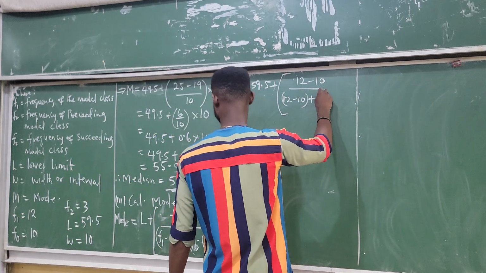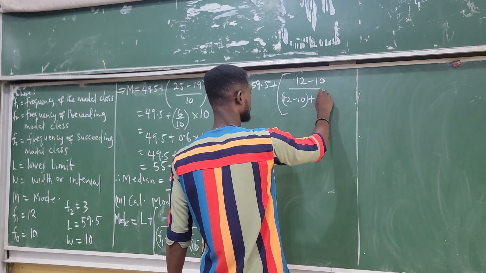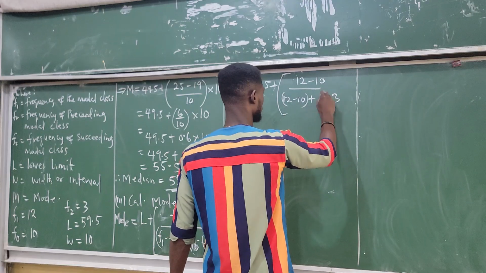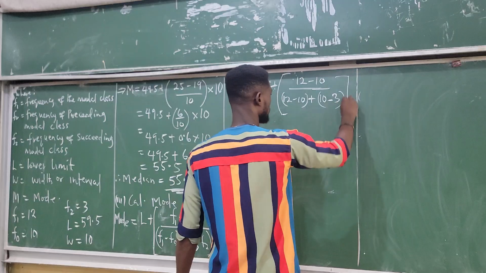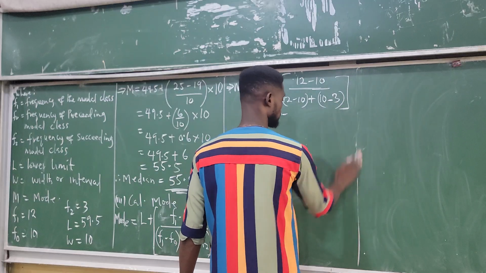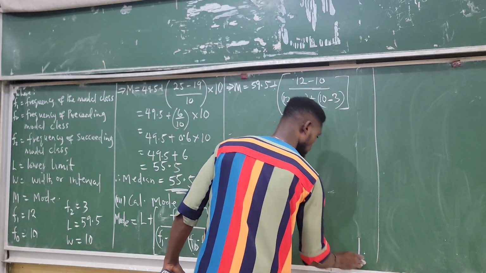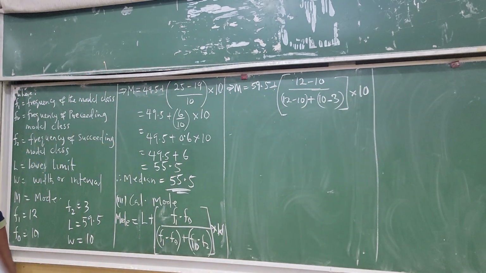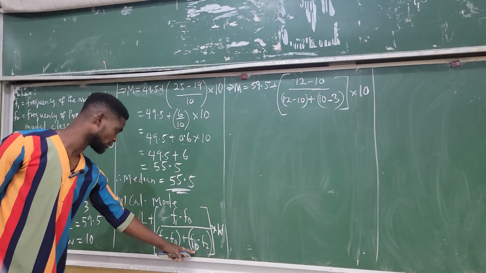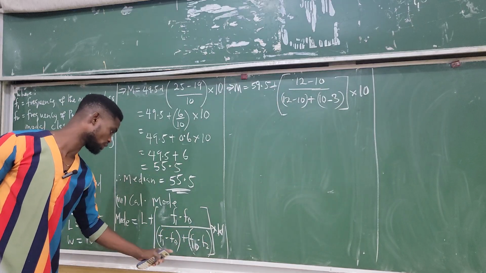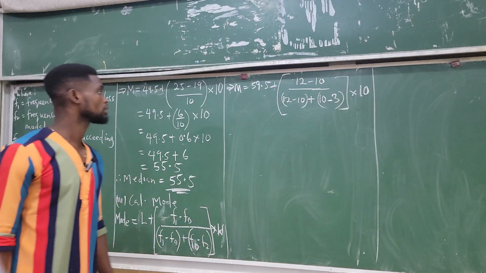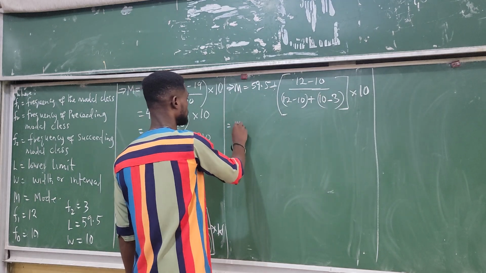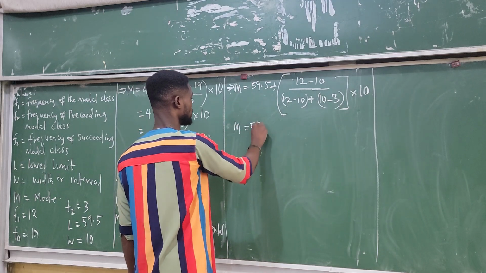So we have F, that is 10 minus 3, times 10. So sorry, this is F0 minus F2, not F1. Take note of that. So we have the mode is equal to 59.5